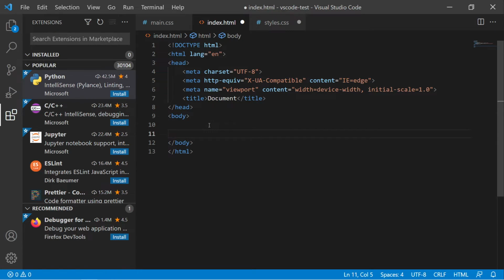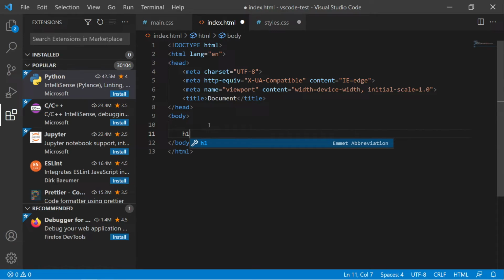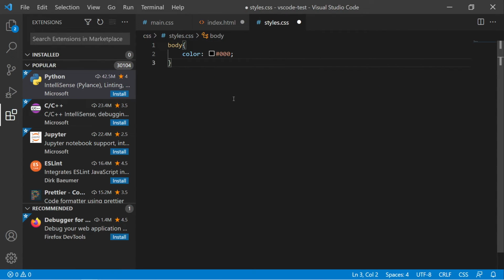And let's see another example of it. So if I write H1, and you can see we have again an Emmet abbreviation, if I press enter, you can see we have this H1 tag and we can write anything here, VS Code. So you can see we have Emmet abbreviations for basically all the tags, and it's not only for HTML, we have this for CSS, for JavaScript, and whatever you can think of. So let me show you an example.